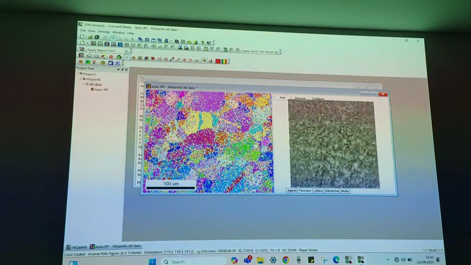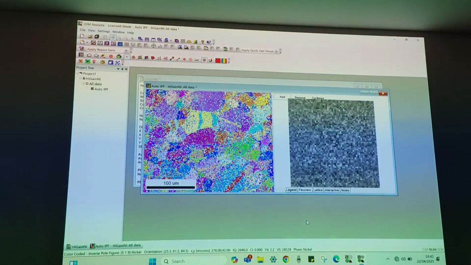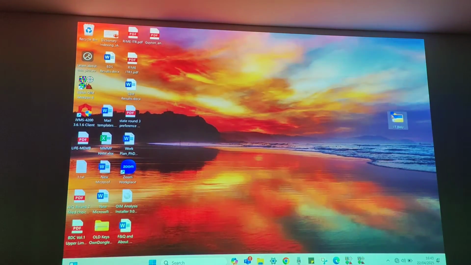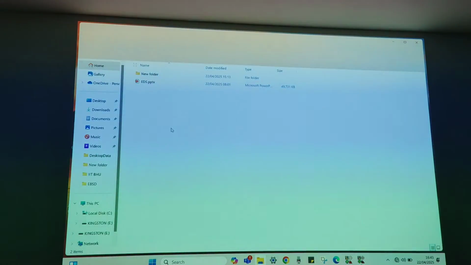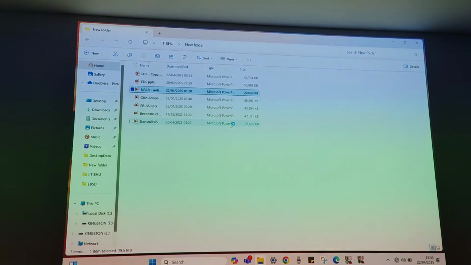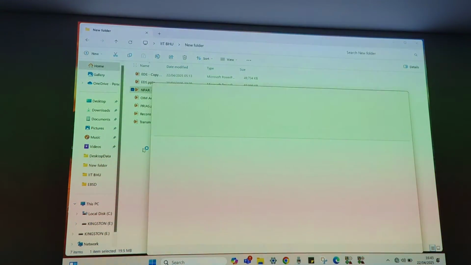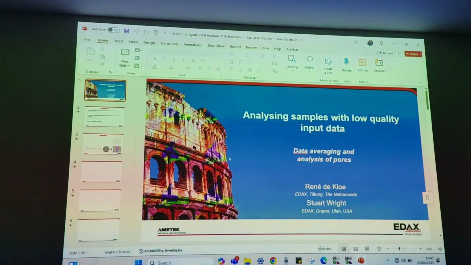Now let's see how to improve this particular data set. For that we have a thing called NPAR. I'll quickly show you what NPAR means. NPAR is basically an offline technique where we are storing the patterns.